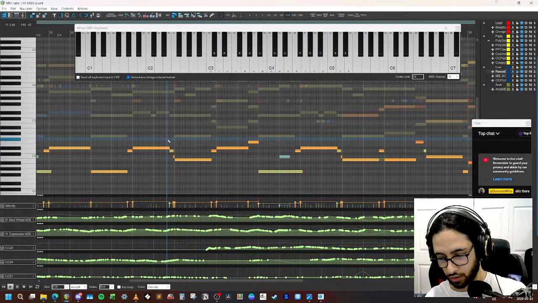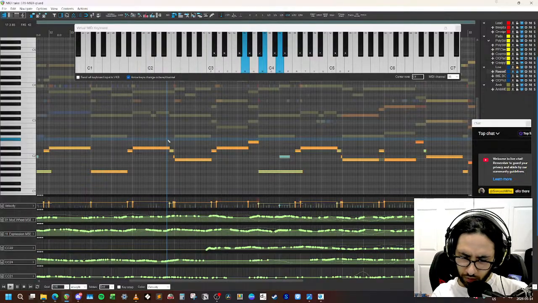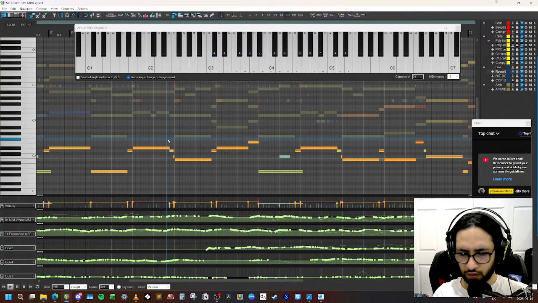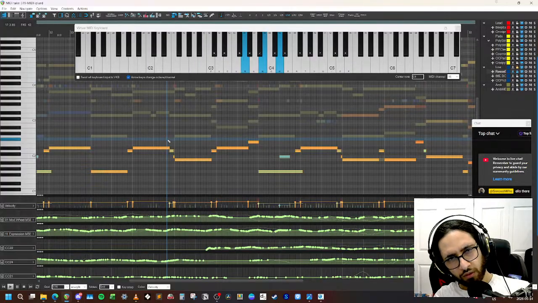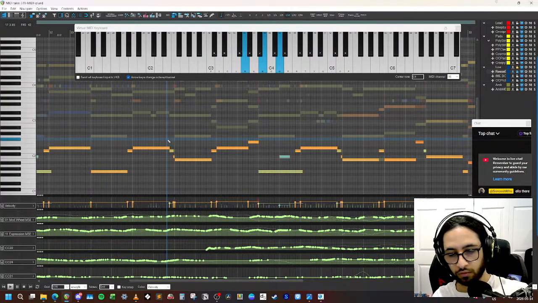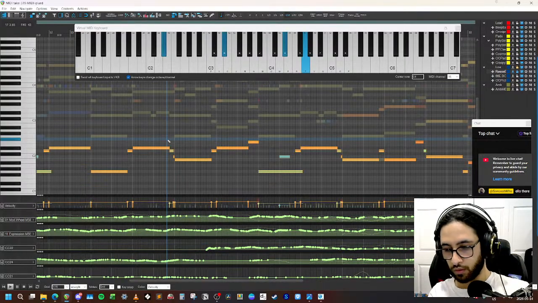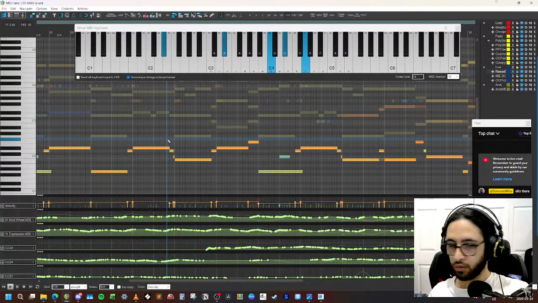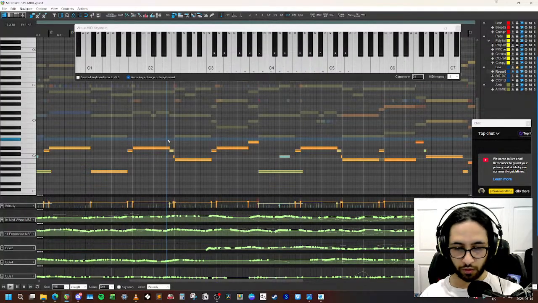It's very dark, even though it's a major chord, right? And same on that C minor over E flat.